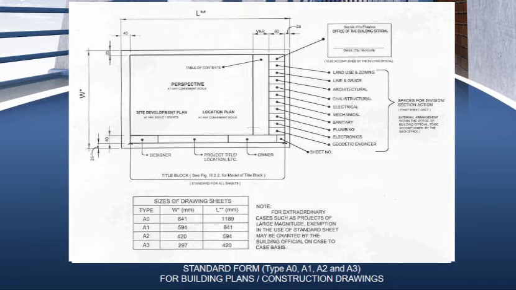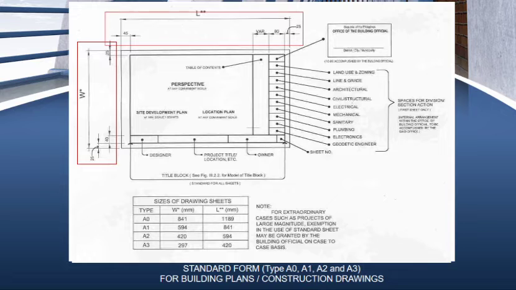In the bottom part of the paper, there is the designer, the project title or location, and so on, and the owner. There are also sizes of drawing sheets for types A0, A1, A2, and A3. And there are measurements that surround the example plan or the paper used for the building